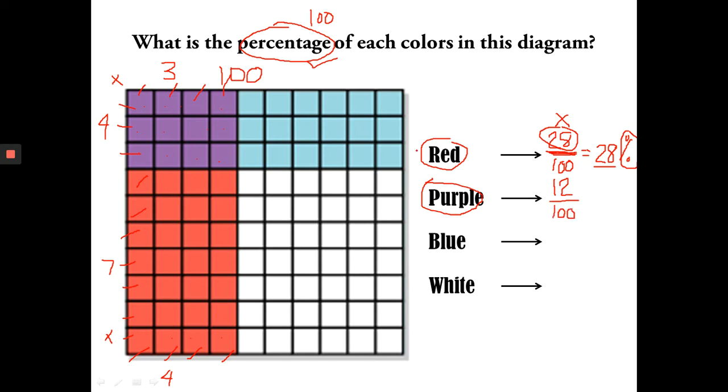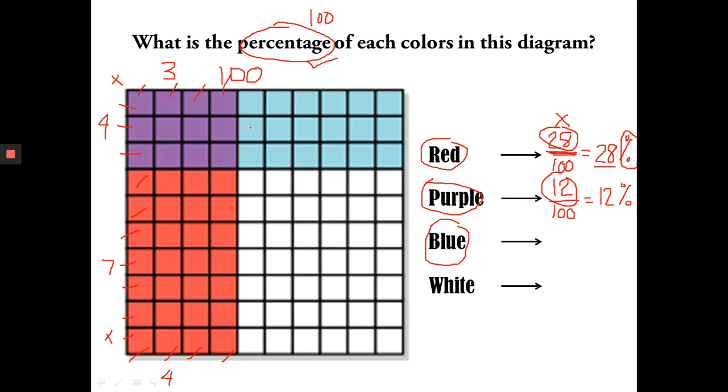Why is it 100? Because there are 100 parts altogether. Okay, 100 squares. So if the denominator is 100, you can just copy the numerator 12 and then add the percent. But actually, you can just count